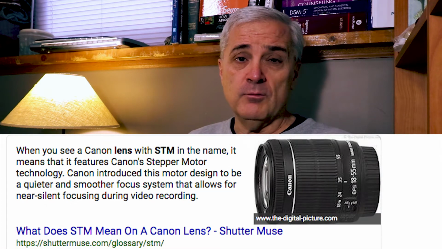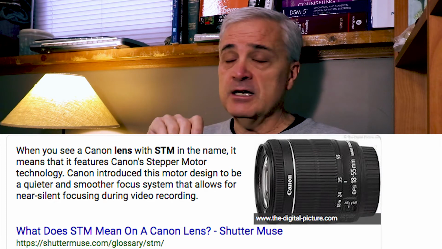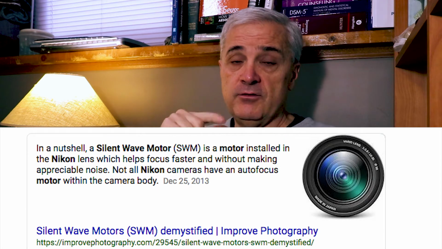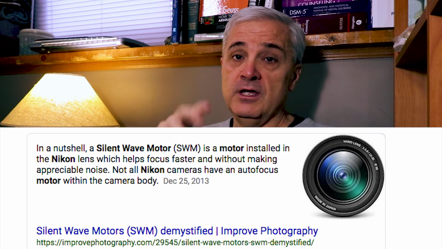This lens does not have STM, and when this lens focuses, the video will pick up click click click as it is ratcheting through. So STM is a step motor focusing. It is a focus mode that Canon has. I'm sure Nikon, the Sonys, the other guys, I'm sure they all have a silent focusing. If you're planning on using your lens for videography, you will want to make sure your lens will focus silently.